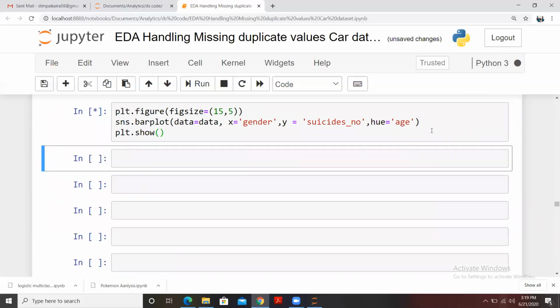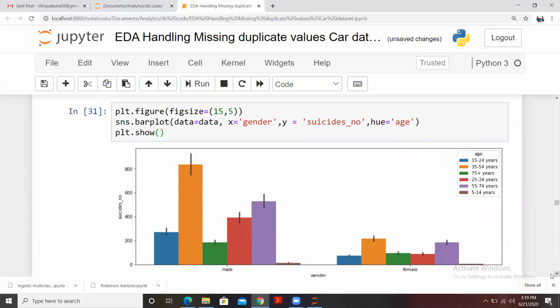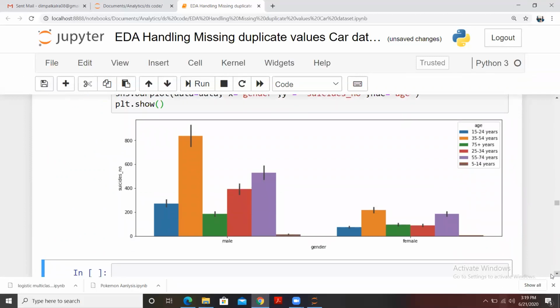Fine. So I can easily understand that rather than doing two comparisons, plotting for the gender and suicide numbers, I'm using age as well so that I can categorize in which age group people are more inclined towards suicide. So you see that this age group is doing suicides in males as well as in females.